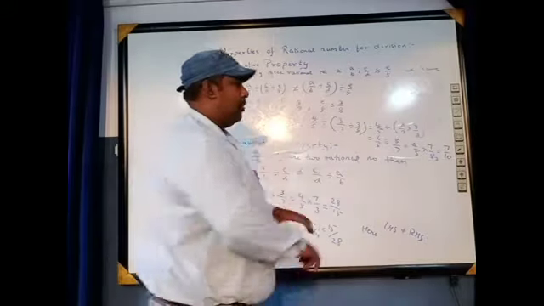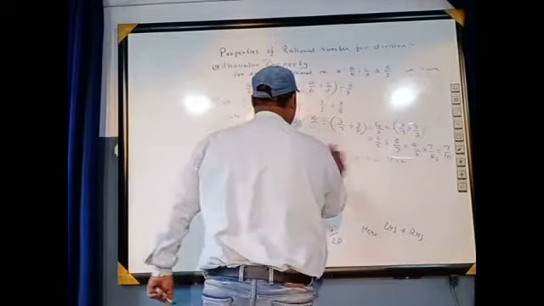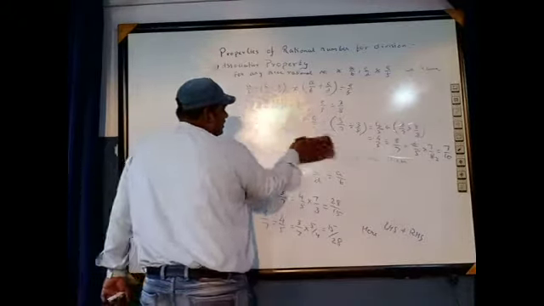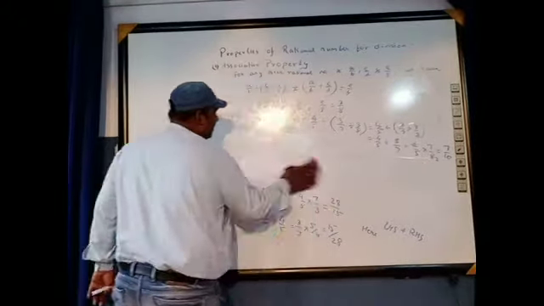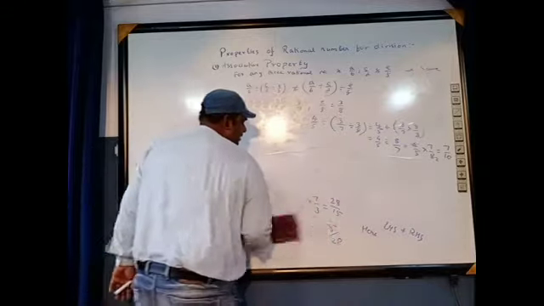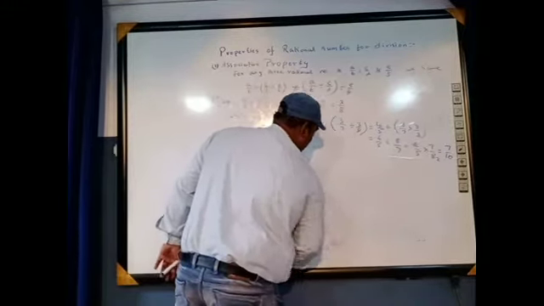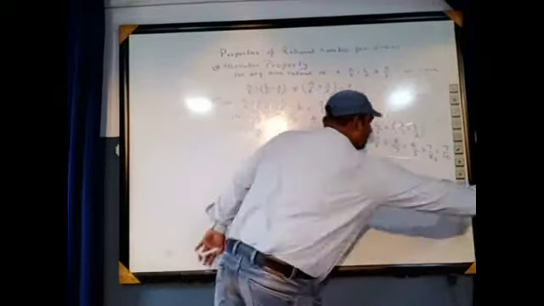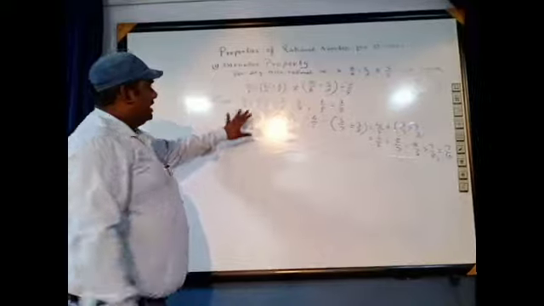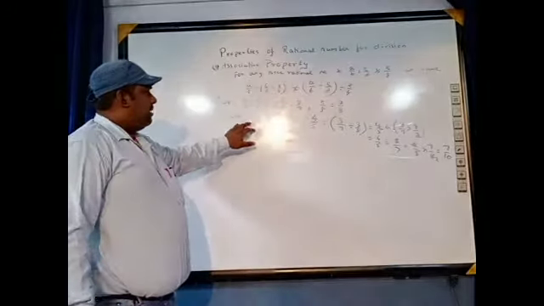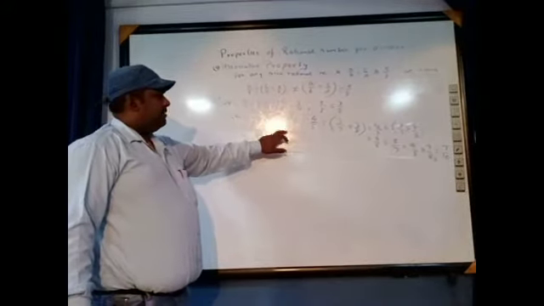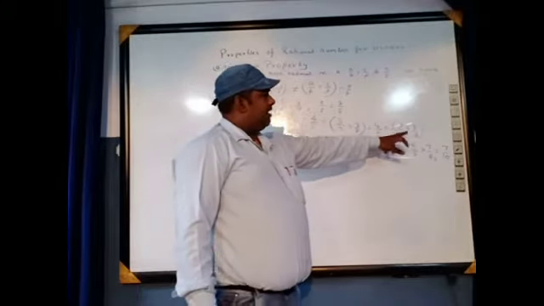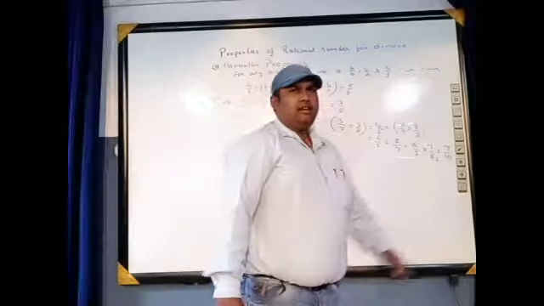In LHS we have got that. Now look what we are getting in RHS. Look at it. In LHS what we have got? A by B divided by C by D divided by E by F, means 4 by 5 divided by 3 by 7 divided by 3 by 8. Finally we have got 7 by 10.